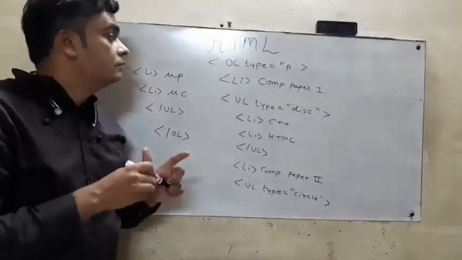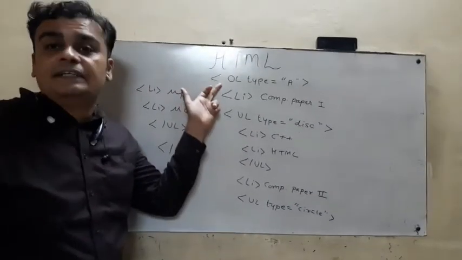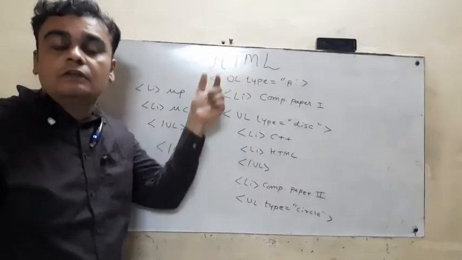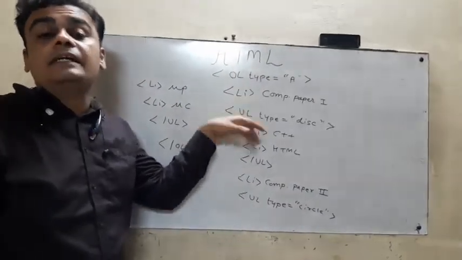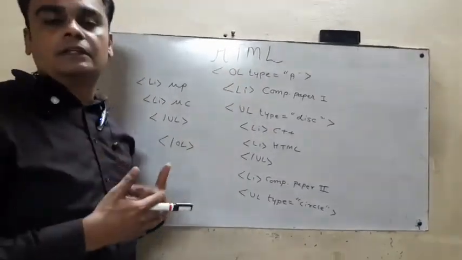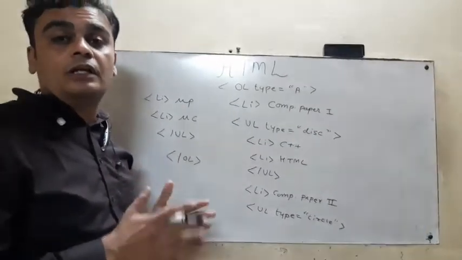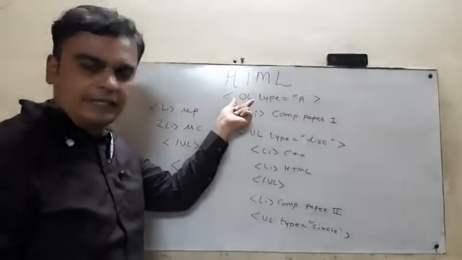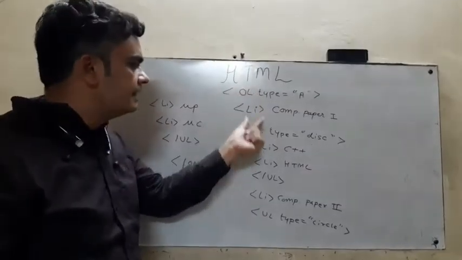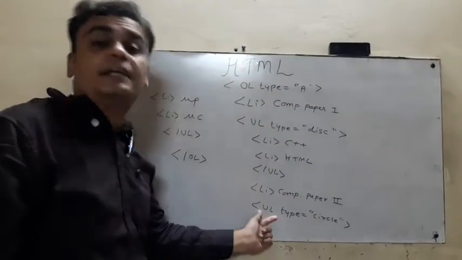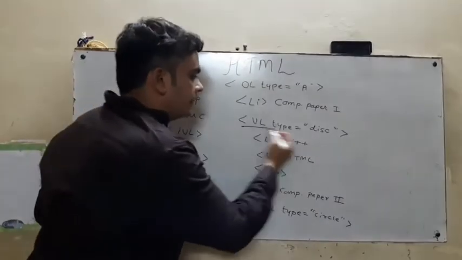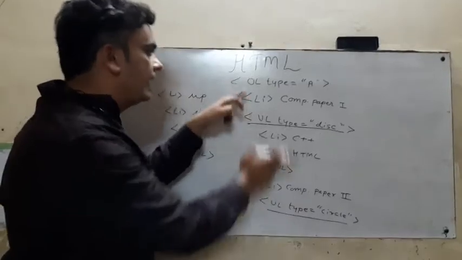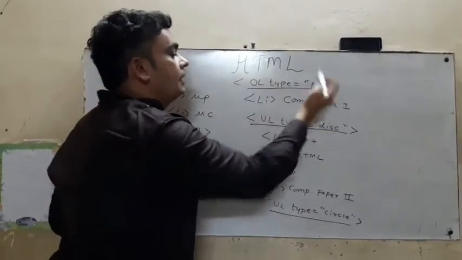So this is called a nested list. It means we are going to merge one list within another, or multiple lists are enclosed within each other or mixed with each other. It is called nesting of lists. So in this example, I have used one ordered list, and this ordered list consists of two separate unordered lists. This is my first unordered list, this is my second unordered list. These two lists are mixed within this ordered list.